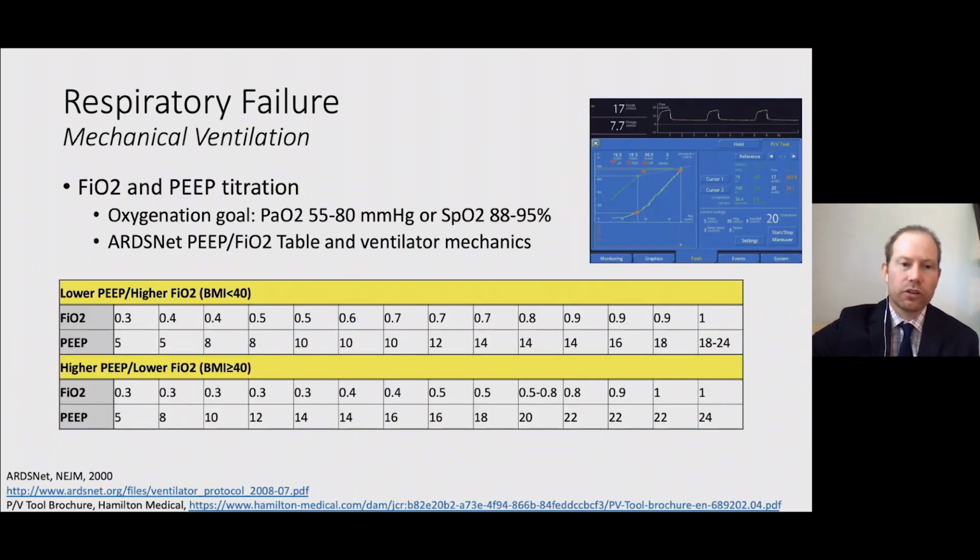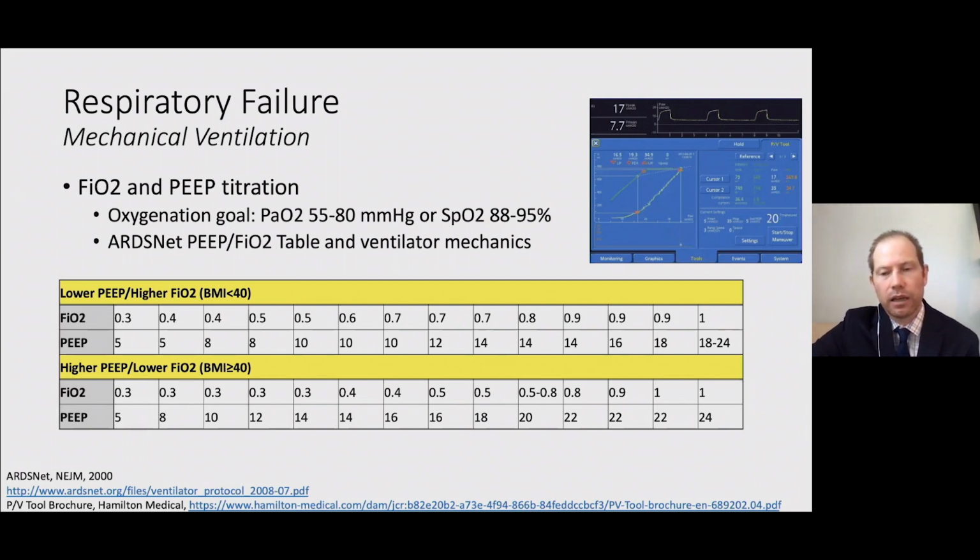Again, we won't go into this in great detail, but as the patient is established on mechanical ventilation, it's important to adjust the mechanical ventilation to optimize their oxygenation. The primary tools that we do this are by manipulating the FiO2 and PEEP. We can either do this based on the ARDS-NET tables that you see below. For any given FiO2, we can set a PEEP, or we can adjust it based on the patient's mechanics.